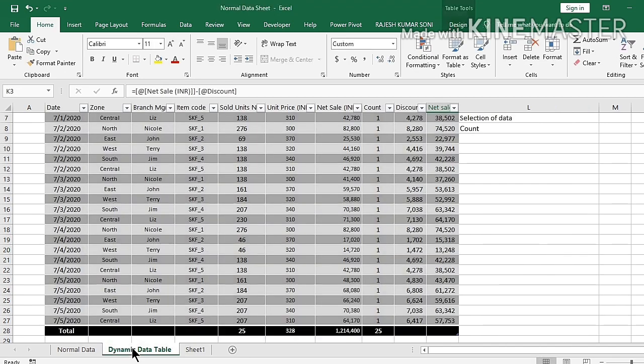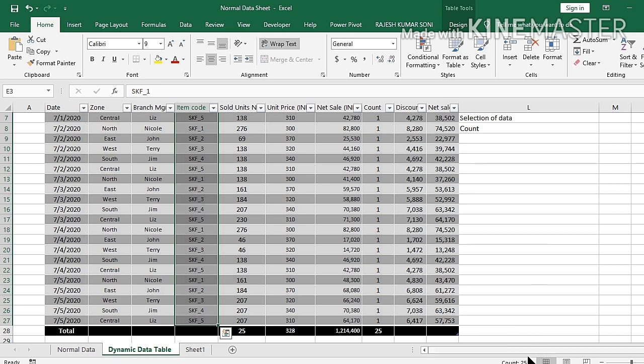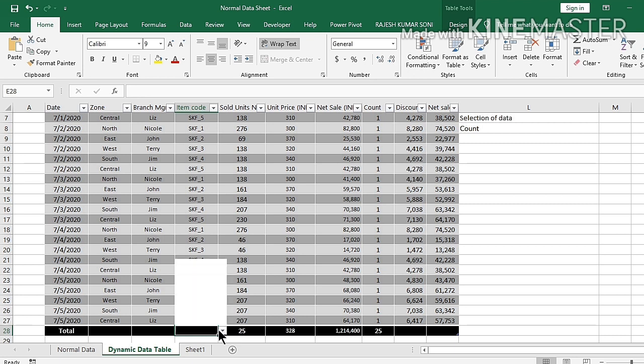Let's check. This is the item code, and here it is 25. Or you can use this function over here, count 25.